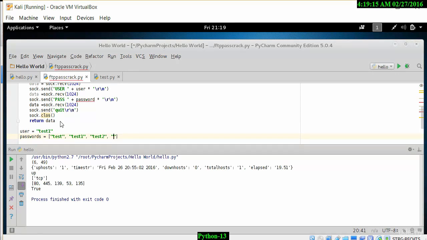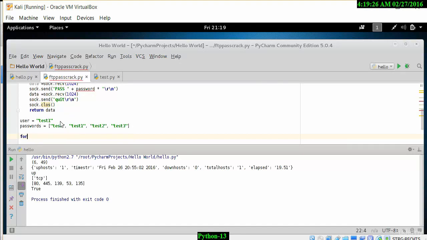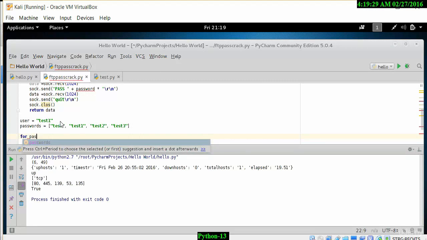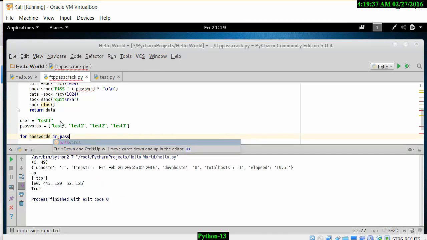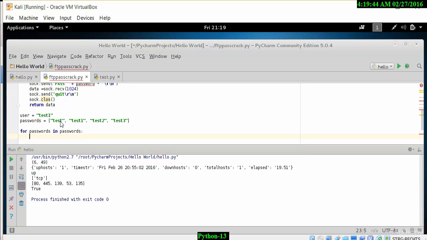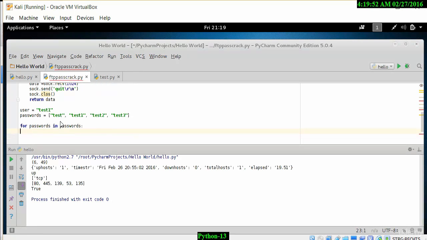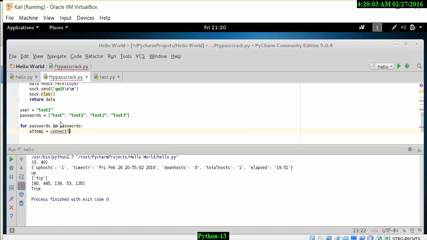We have looked at the for loop in a previous lesson. So what we want to do is basically cycle through this username and these 4 passwords. So basically 4 attempts to log into a particular site. So for that, I'll type in for password in passwords and then put a colon here. What we want to do is then look for a connection. So attempt, and we're looking at an attempt to connect. So we type in attempt equals connect, and here we want to put in the username and password. So user comma password,